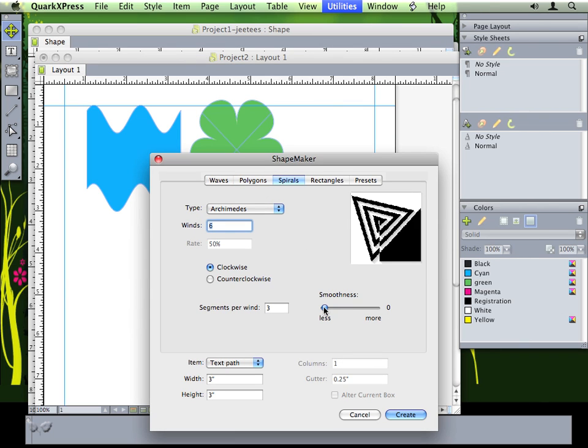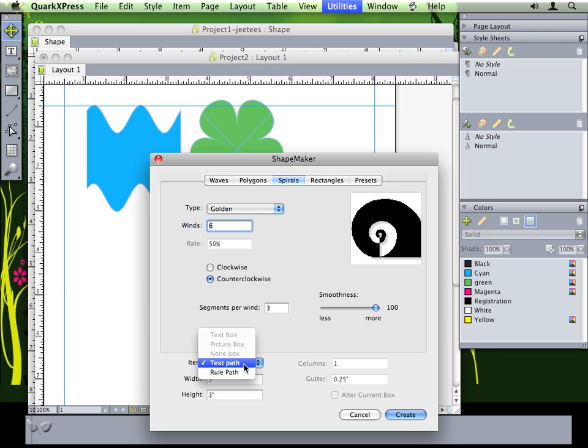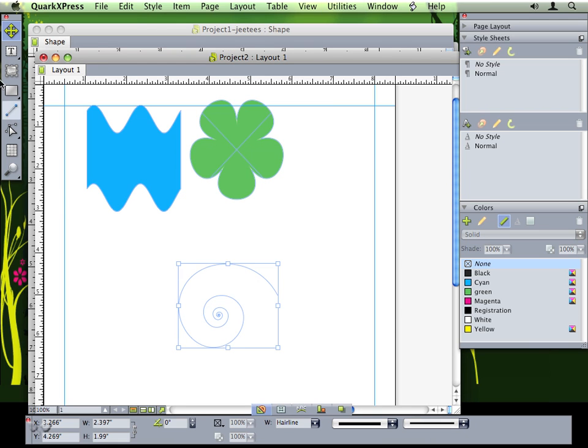Basically if you turn on the smooth list you get nice smooth round spirals, and you can also change the type of spiral, and you can also change whether it's clockwise or counterclockwise. This is quite useful if you're creating a text path, for example. So if you hit create, if we use the text tool,